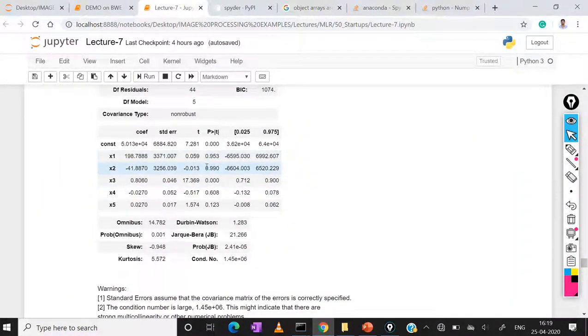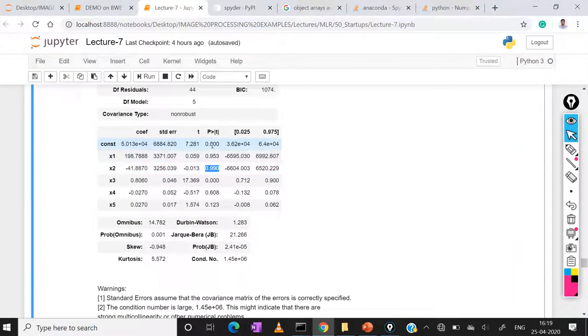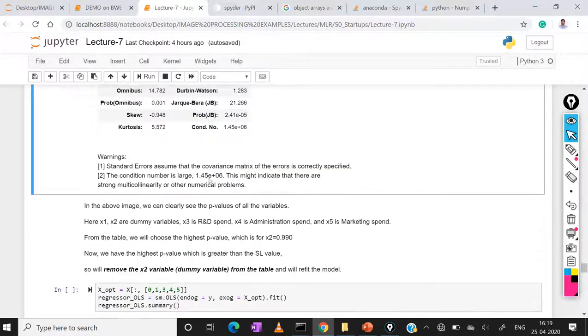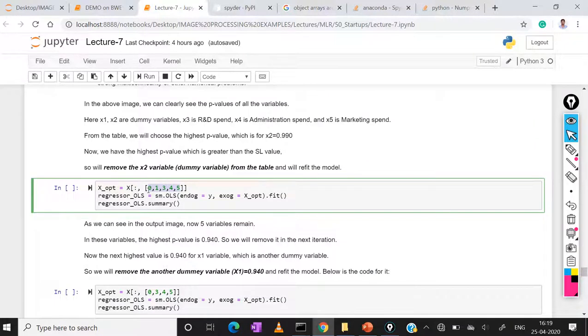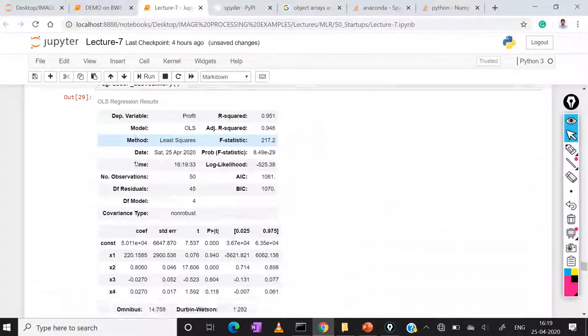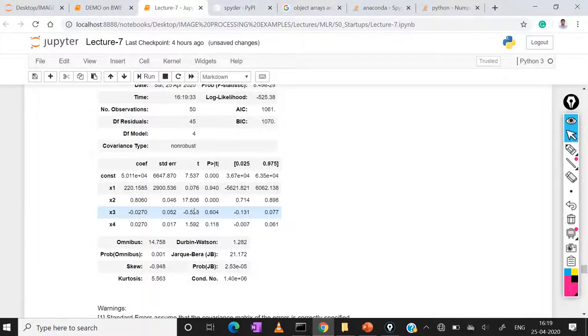Input feature 2 is removed. That's why I am not taking 2 here. I am taking the 0 1 3 4 5 columns and executing the statement, and again you can see the values.